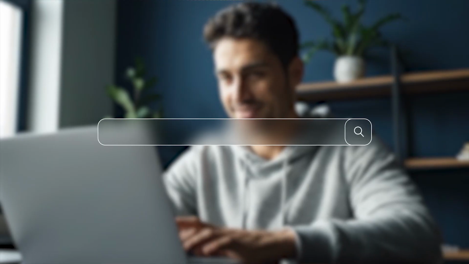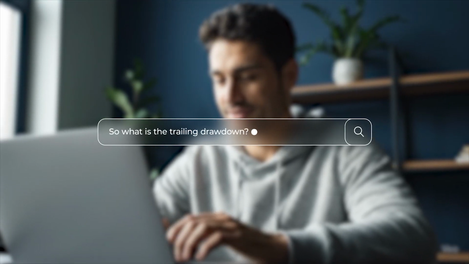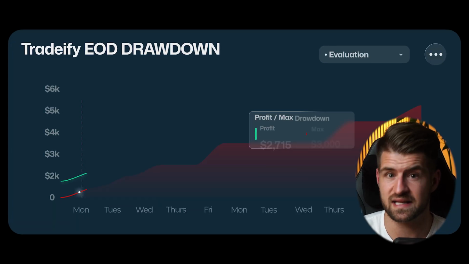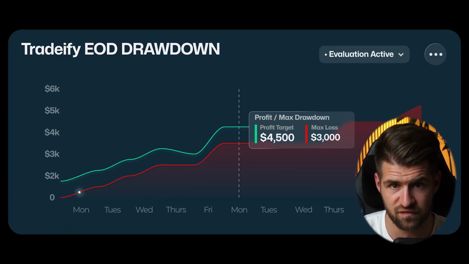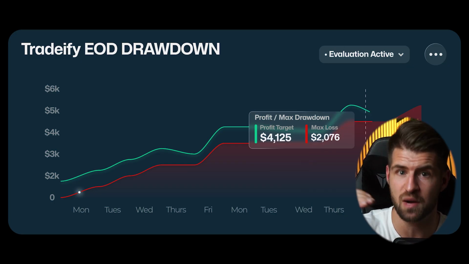One bad day can't wipe out weeks of good trading. So what is the trailing drawdown? Like guardrails on a mountain road, they move up with you as you climb higher, always there to catch you if you slip. Your peak account balance sets the high watermark. You can only lose a certain amount from that peak as you profit, so the guardrail moves up, protecting your